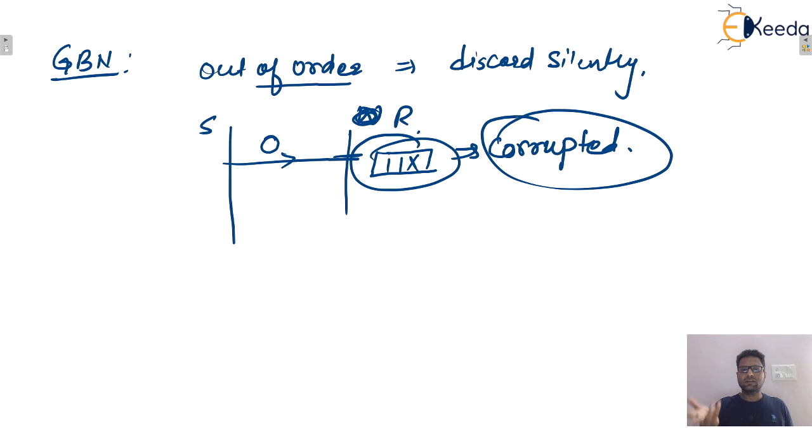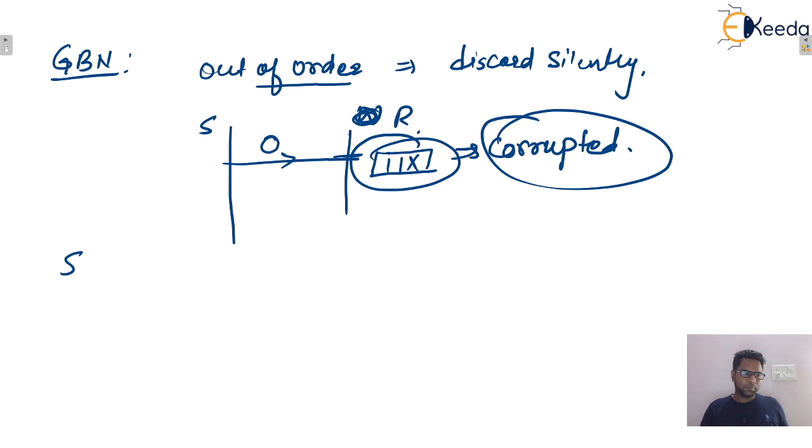Then also GBN will discard it silently. Discarding silently means no acknowledgement will be sent; it will simply discard. So in GBN, whether the data is out of order or corrupted, the receiver will silently discard it.